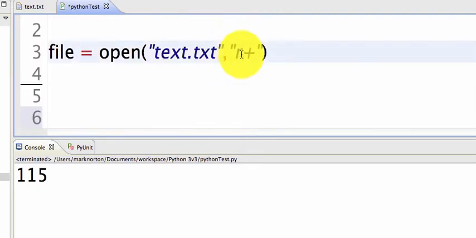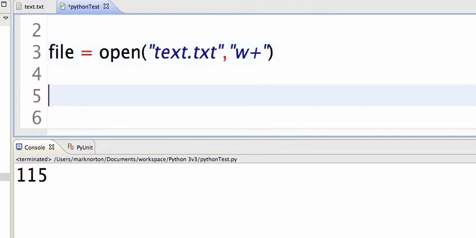Now that we've been reading the file, let's write to a file. I'm going to change this from R+ to W+. There's really no reason, it's just being more explicit, and it's still saying I can read and write to the file. Now I'm going to do file.write